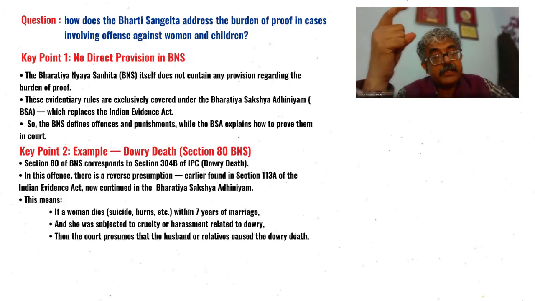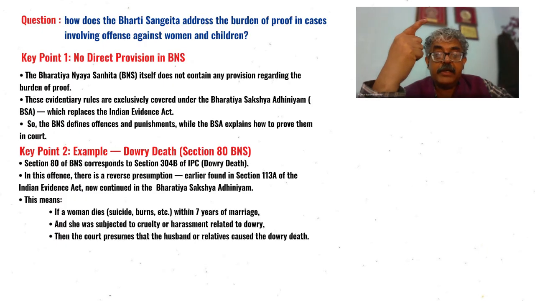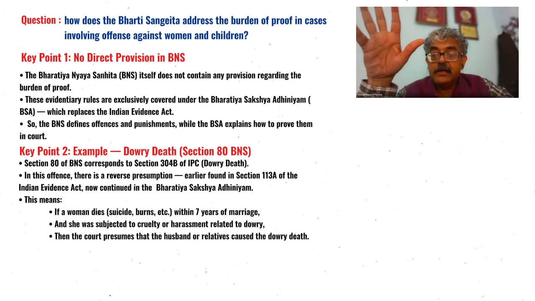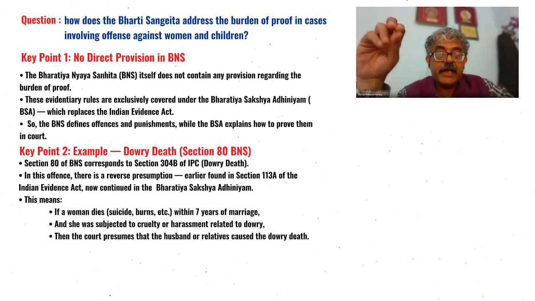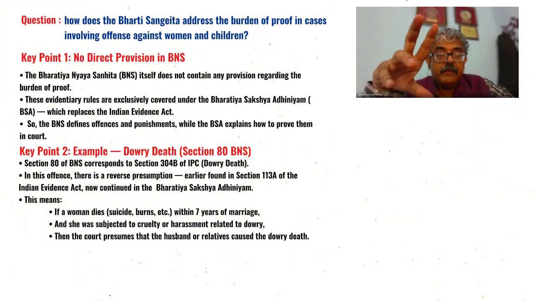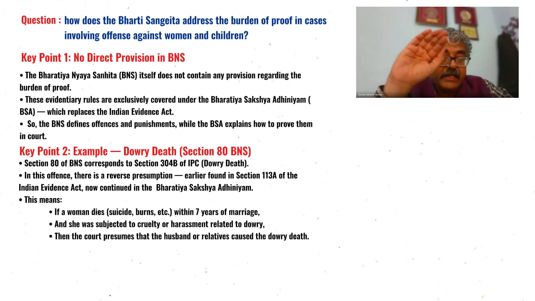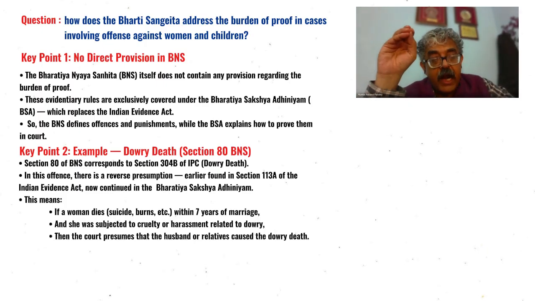You have this reverse presumption which you had in the Indian Evidence Act in the form of section 113B. A similar reverse presumption is there in the Bharatiya Sakshya Adhiniyam. Probably in this course, when you discuss the Bharatiya Sakshya Adhiniyam with other experts, you would have an opportunity to discuss that. Another example would be that section 114A of the Indian Evidence Act has also been retained in the Bharatiya Sakshya Adhiniyam, which provides for presumption of absence of consent in the offense of rape of an adult woman. So these are